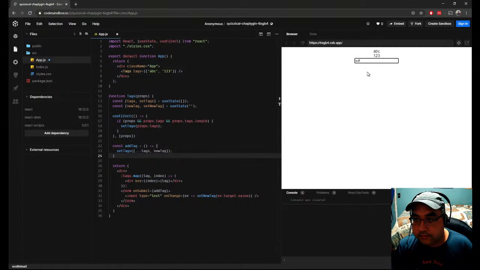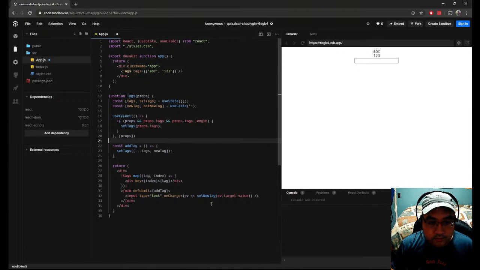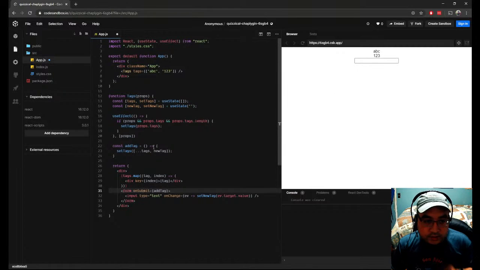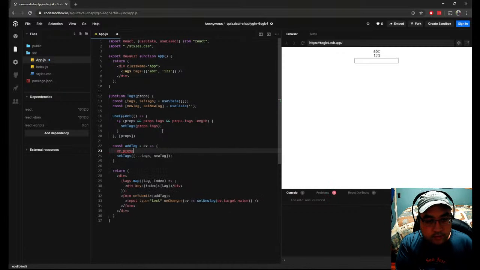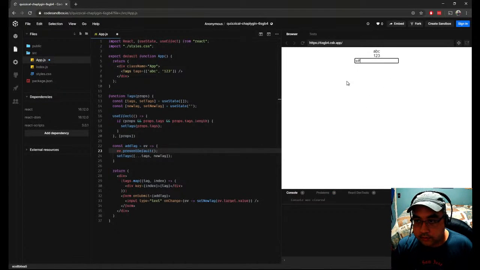ABC, STF, enter. Oop. So the reason why that's happening is because whenever the form submits, it refreshes the page. So we need to prevent default. So